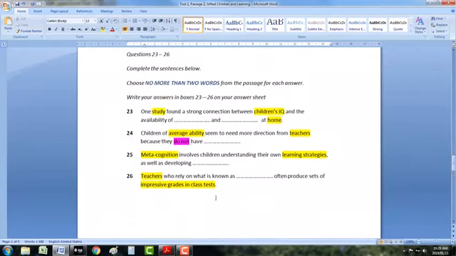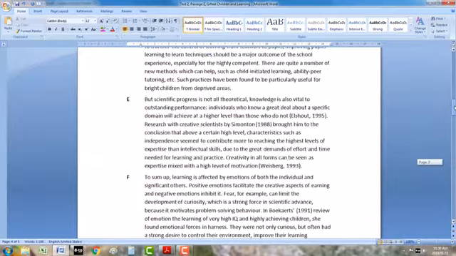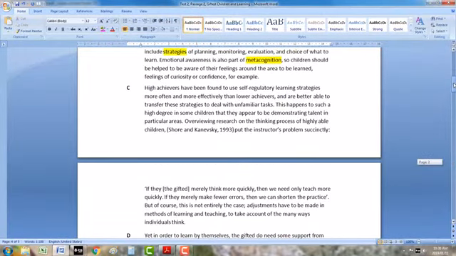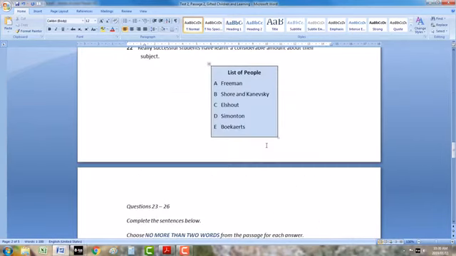Teachers, what is known as, this is also super important structural language. I'll talk about that later. Sets of impressive grades in class tests. Tests is probably the best thing there. Teachers and tests. Often what IELTS does now is they go right to the end, but let's see if they've done that. There's teachers, teachers. Examination maybe. I think that's where it is, somewhere around there. Okay. Right, so let's just get started.